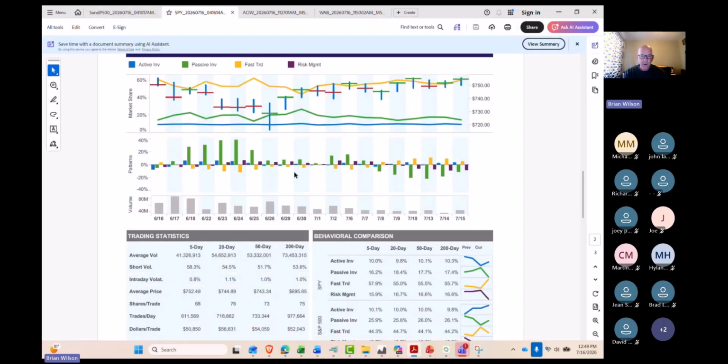But what we're talking about with waves is where behavior is above the zero axis, and then it moves back below the zero axis. So periods of greater influence, then followed by periods of lighter influence. Usually what comes next then would be periods of greater influence again. You can see it with fast trading, lighter influence leading to greater influence here over the course of the last week or so. So that's one area to monitor. Does passive money return? And what happens to big tech?